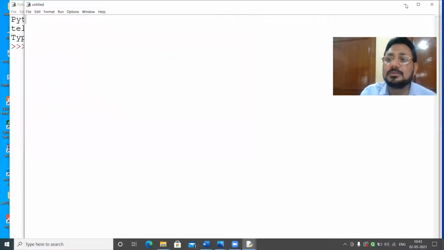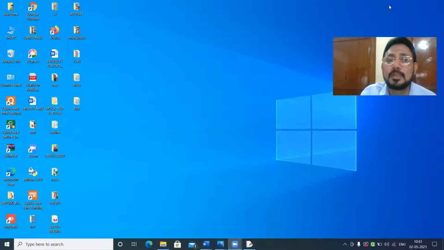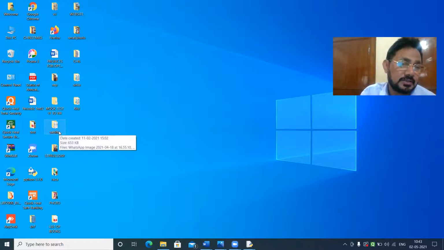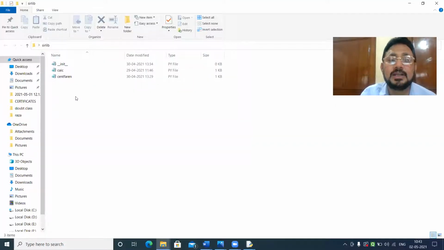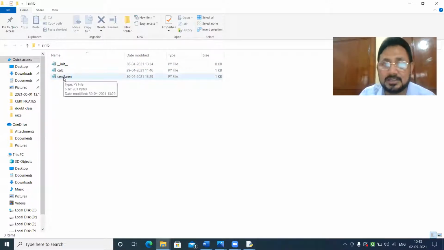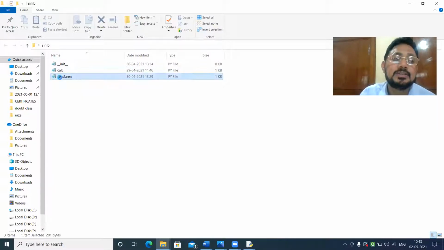Okay, so now in the previous program, the previous example, I will start. I have made a folder. Just see here. What was the name? There is something I have written: A Sir library. This folder I have made. Now remember, this folder has calc, centigrade and Fahrenheit. Suppose, just consider that this folder has another folder in it. Okay, what I'm doing here, just pay attention.